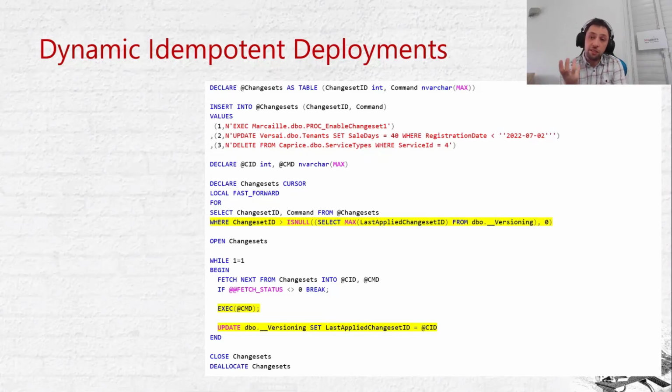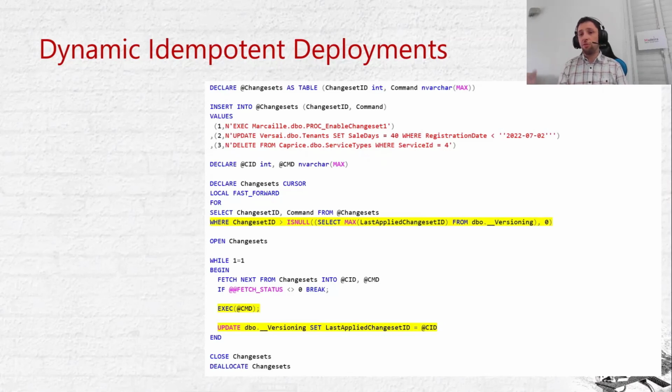But what if these data changes are relevant to only specific versions? And once you run them during that version, you don't want them to be done again in next versions. So something that I like to use is basically a temporary table that will contain these commands, those SQL commands that make the necessary change, and then you would version these commands, or basically just number them, and then you would run through them using a cursor